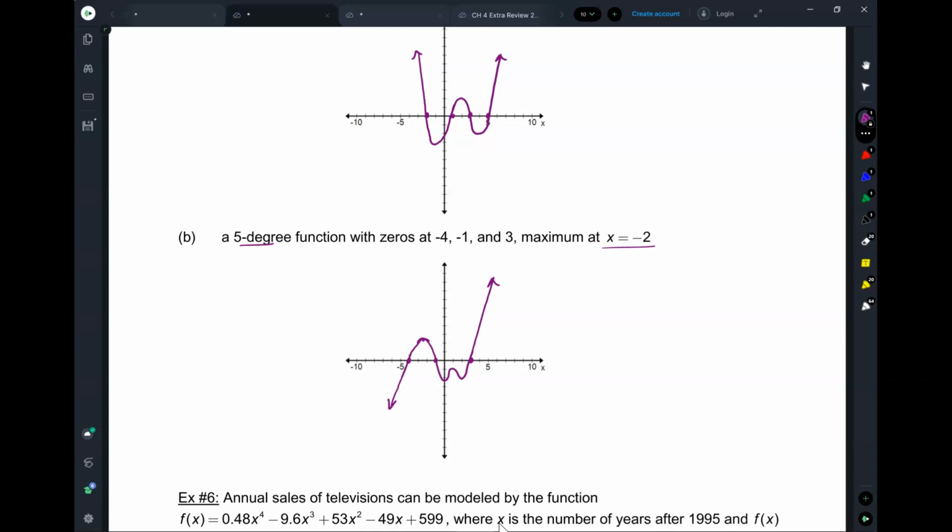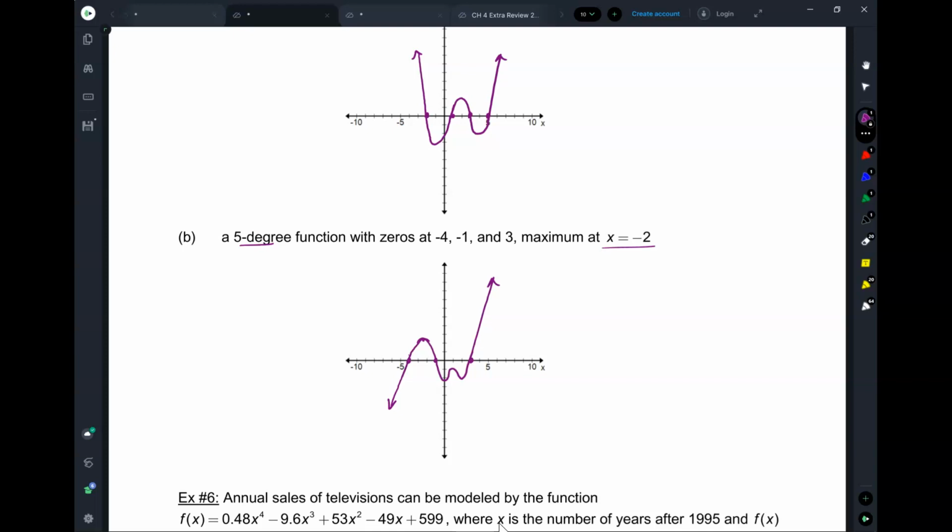Wait, isn't that still 3? Because it doesn't go back over the actual. Yeah, you didn't, because the zeros are not turning points. Yeah, 0 doesn't necessarily mean it's a turning point. The 0 has nothing to do with the turning point. So a turning point is here, here, here, here. Now,